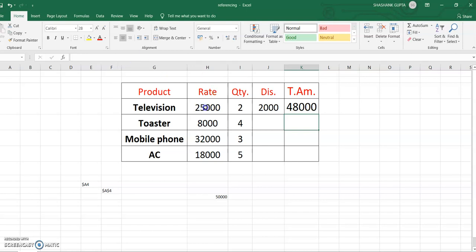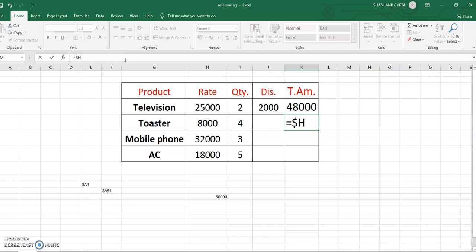But if you want to fix this H value, 25,000, and you want 25,000 into 4, that is 1 lakh, and after deducting the discount you will get 80,000, suppose. So if you want to fix column H, just put equal sign dollar, because dollar is necessary to make absolute referencing. I am creating absolute referencing for column H.